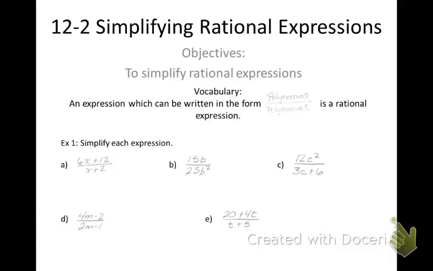Lesson is 12.2, Simplifying Rational Expressions. Our objective is to simplify rational expressions. The vocabulary: an expression which can be written in the form of a polynomial divided by a polynomial is a rational expression. To simplify an expression, you cannot divide just from the top to the bottom